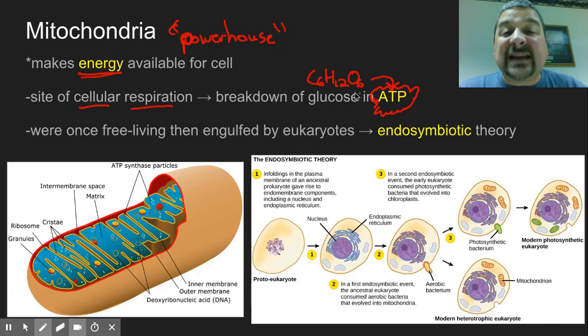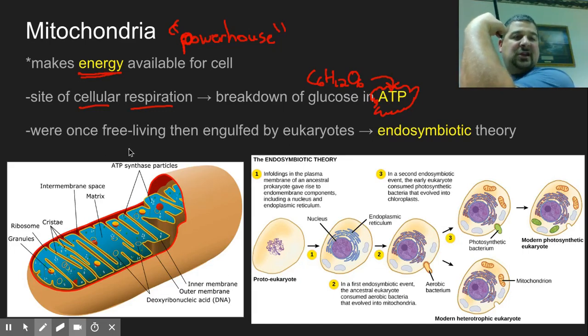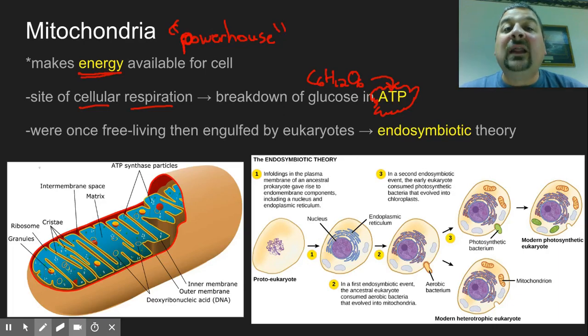So that is happening inside of these little mitochondria, and in places in our body that need a lot of energy, like our muscle cells. Our muscle cells have lots and lots of mitochondria because they need lots and lots of ATP or energy to do their job. Now, an interesting thing about mitochondria is there's this thing called the endosymbiotic theory, where mitochondria and